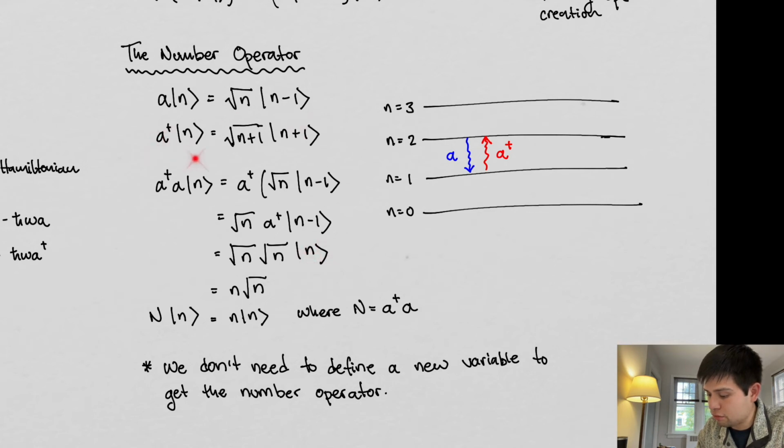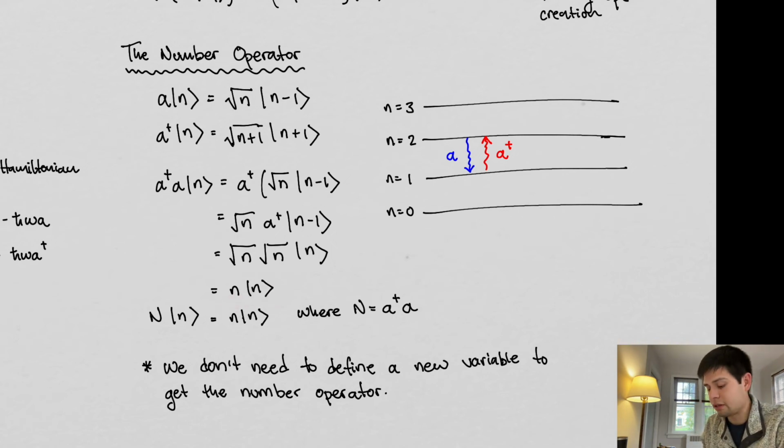And if we use this rule here, this was n minus 1, this was n minus 1, so that means this has to be n, right? Square root of n times square root of n is just n. So we get, this is actually supposed to be n, like that. And then,